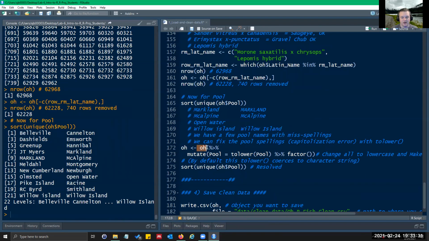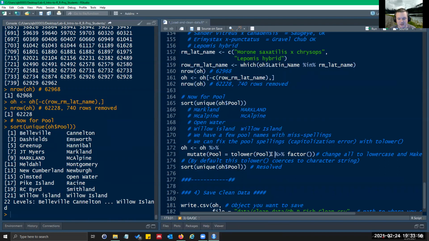So we're going to take the Ohio data frame that we've been working with, pass it on to the mutate function. We're going to take the pool and we're going to change all the characters within that column, the pool column, to lowercase with that function. That'll also, by default, make it a character, whereas we want it to be a factor.